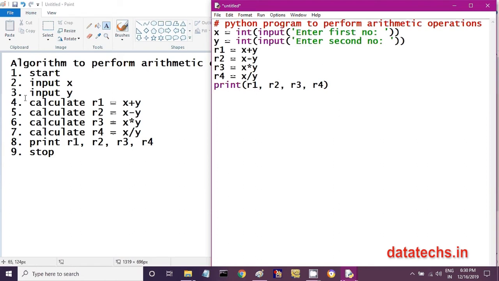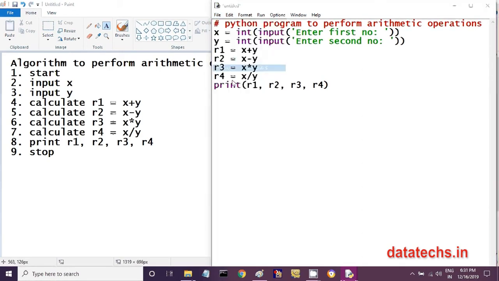Please observe, when I am converting my algorithm into program, you can understand writing the program is very easy in Python, because in Python there are no hassles of writing semicolons, or writing some additional code. There is no problem like declaring the data types of the variables, etc. When you write an algorithm, straight away you can convert the algorithm into Python program very easily. Now let me save this program.